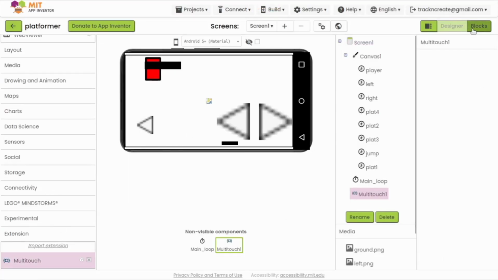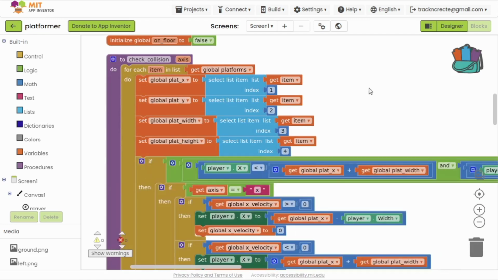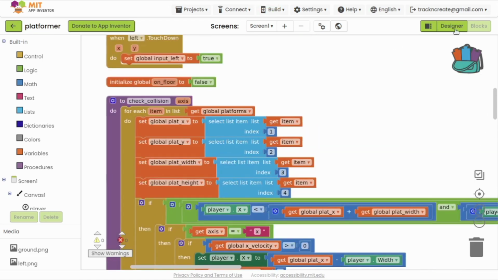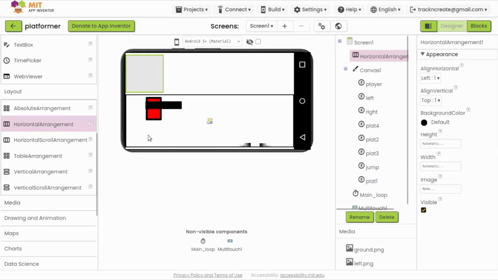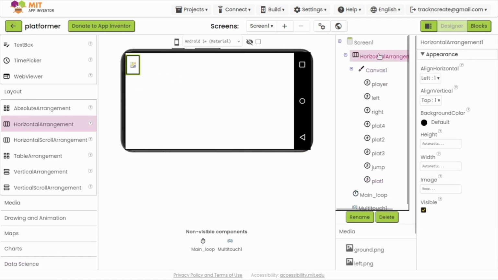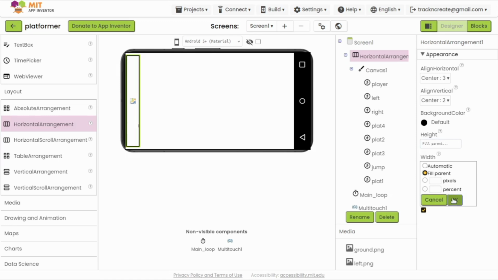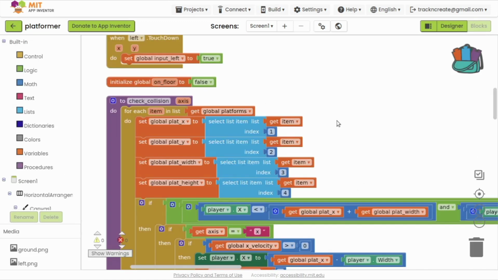Introducing the multi-touch extension. Wait, that's why the player went through the platform. The collision detection is not inside the each platform loop. Okay. Another problem with the canvas is the sprites can't go outside of it. We can fix that by adding a horizontal or vertical arrangement and dragging our canvas into that. If we set the canvas size by pixel and not using any fill parent, we can set higher values and